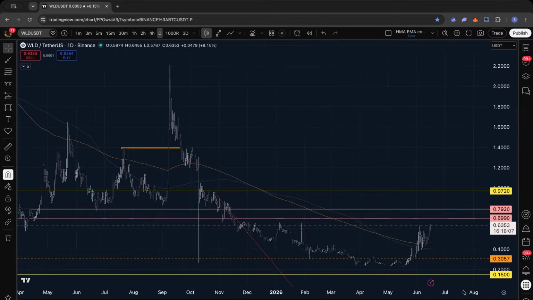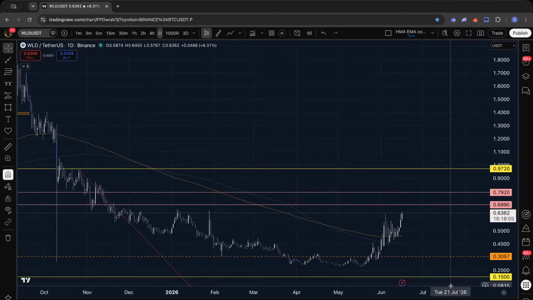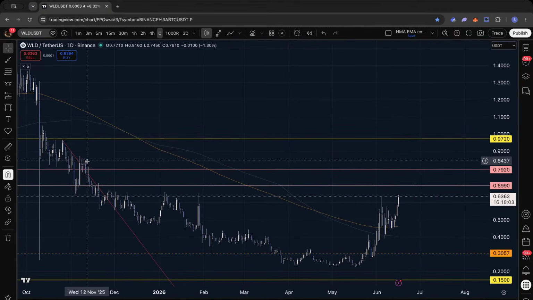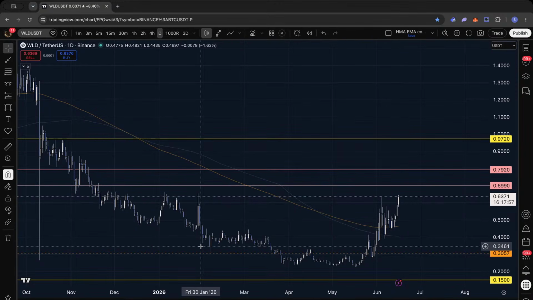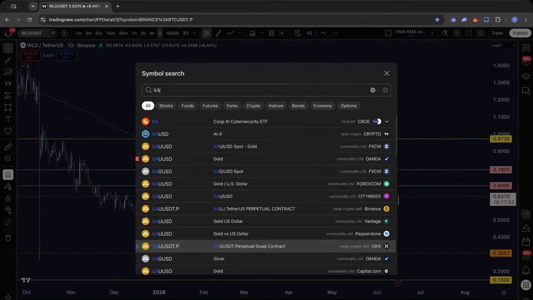Someone said that it's double topping. No, the market can stay irrational more time than it can stay liquid, and especially when we're speaking about shitcoins. So no, thank you. I'm not going to touch this one.